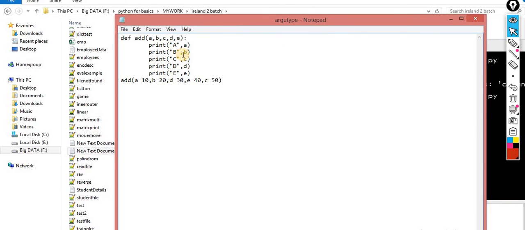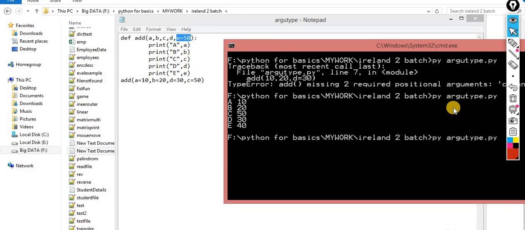Now again the default argument. Okay, so let's suppose in the case of the default I pass 50. Now I can pass 4 elements. Okay, now I can pass 4 because automatically this value becomes 50. When I call this function, I didn't pass the E value, because the E value is already assigned, that is 50. So keep this point in mind. If the scenario is something like this, yes, you want some default arguments, then you can process it. Okay, these are the default arguments. So here I didn't pass any E value, but automatically the E value is picked from this particular value.